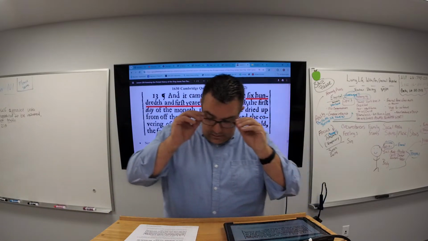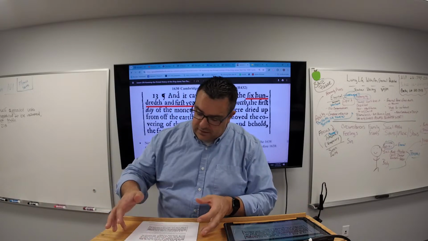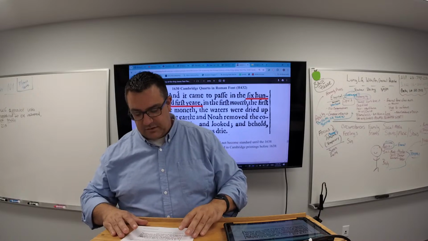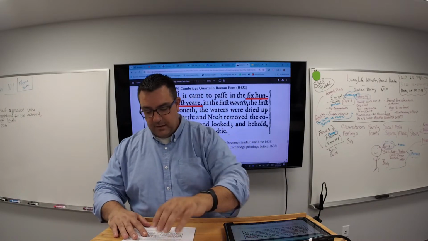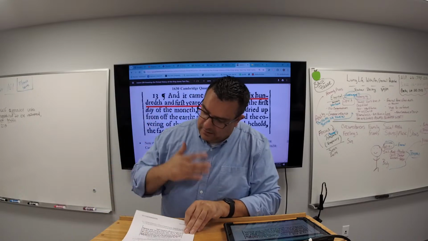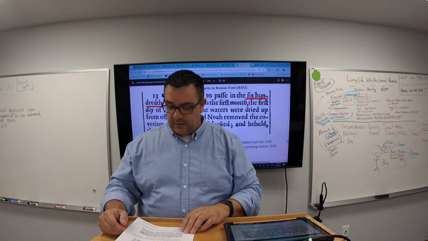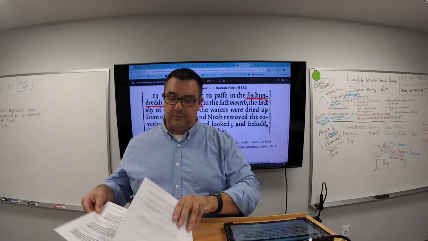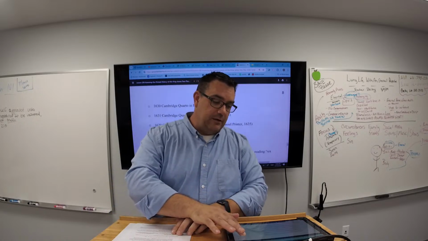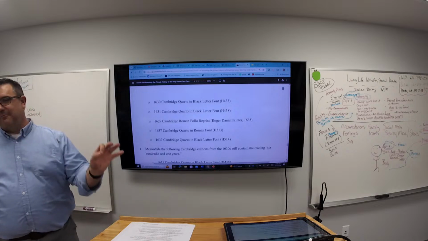So note at the bottom of page 7 that this is the exact reading that Norton says did not become standard until the 1638 Cambridge Folio edition. Now, I didn't take pictures of all of them, okay? The same reading can be found in Cambridge printings before 1638. So go to the top of the next page. So I checked all of these. The same reading,